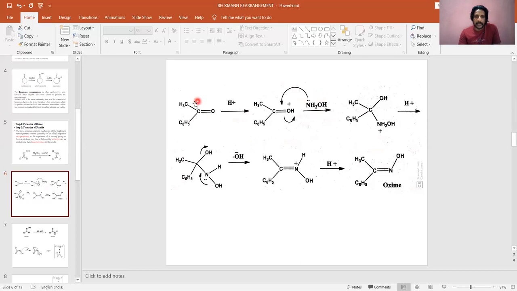And this is a carbonyl compound, and nitrogen has a pair of non-bonding electrons. So naturally, we can assume that this is a nucleophilic addition. Many times I said that as far as organic synthesis is concerned, the most important reaction is nucleophilic addition, because many of the times we will come across it. Nucleophile will attack the carbonyl carbon and the carbonyl pi bond will be opened.